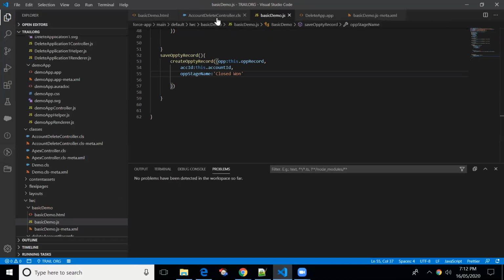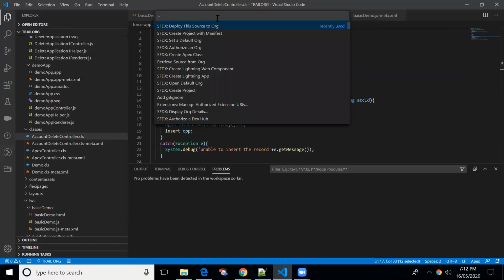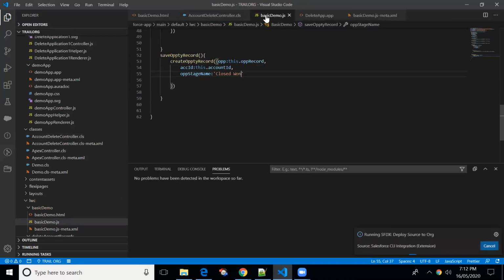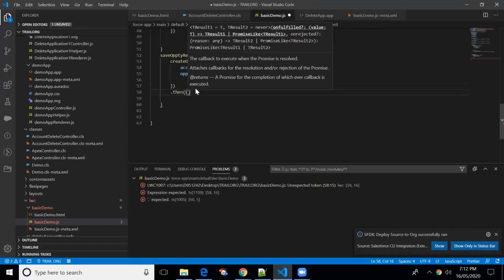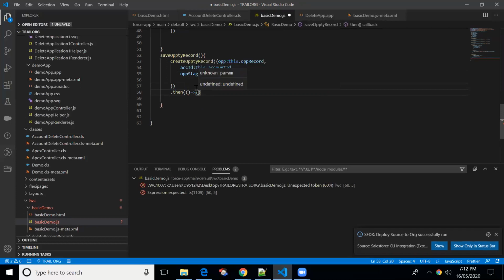Let me push this Apex class to the source org. In the meanwhile, I'll write the then and catch block.